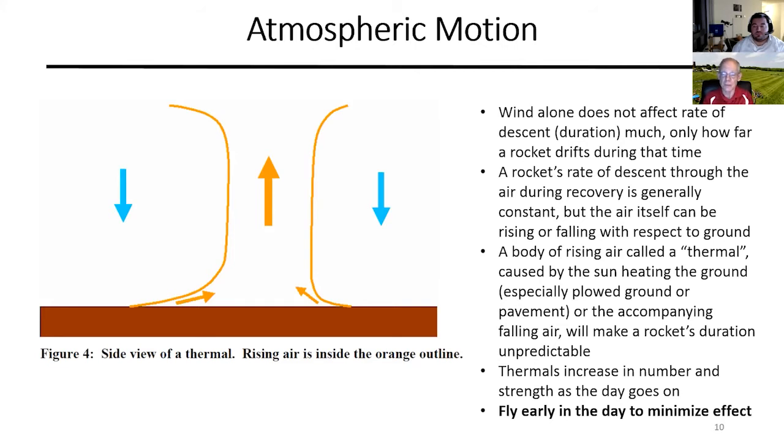Could be a lot less. You could thermal the rocket away. You could put it in what we call a booming thermal, and watch it just sail away, and still be in the air 5 minutes later. You're having a bad day. So thermals happen in the afternoons, most places. Usually not first thing in the morning, most places, most times.